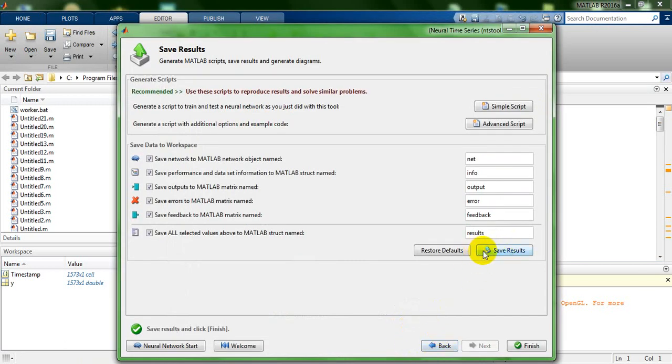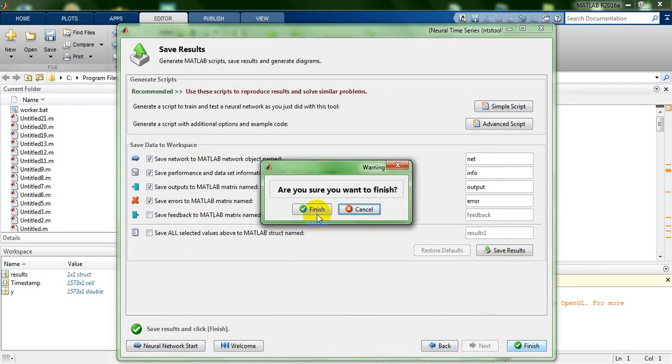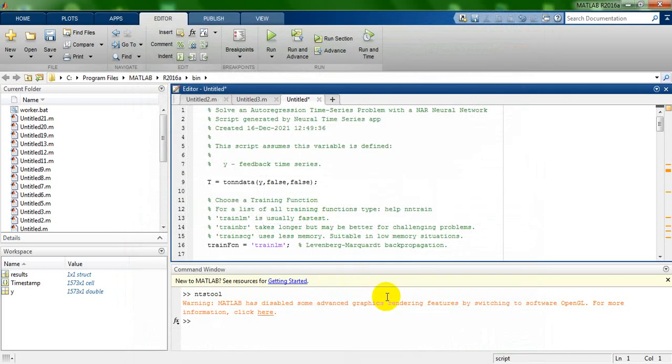We press here save results, and then finish. And like this we will finish the modeling of Bitcoin price using